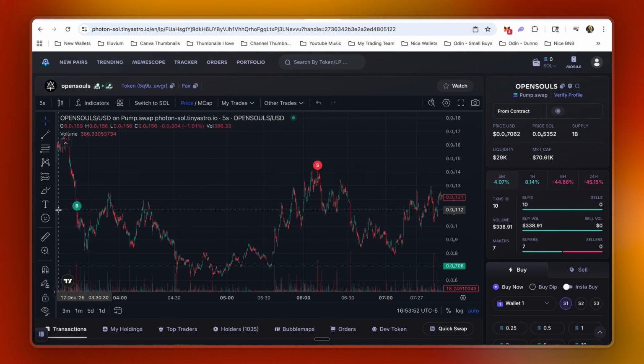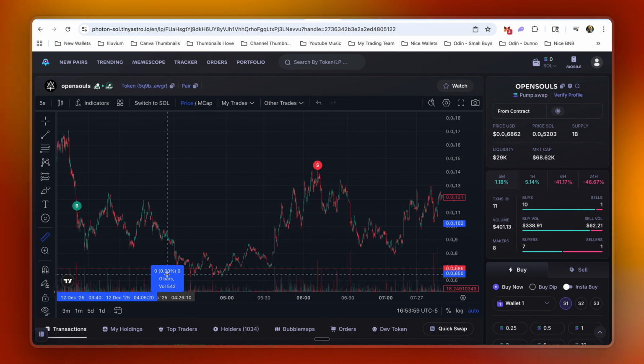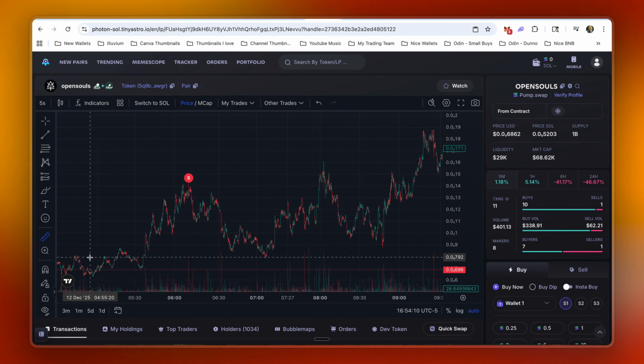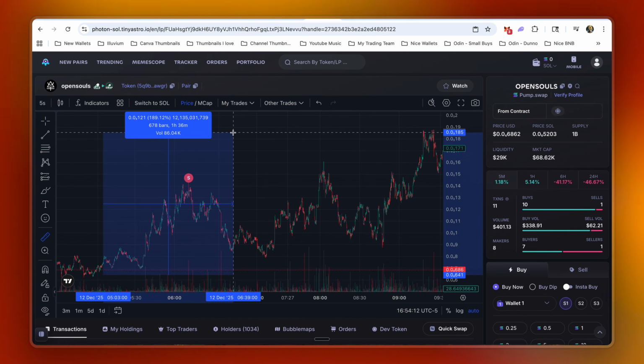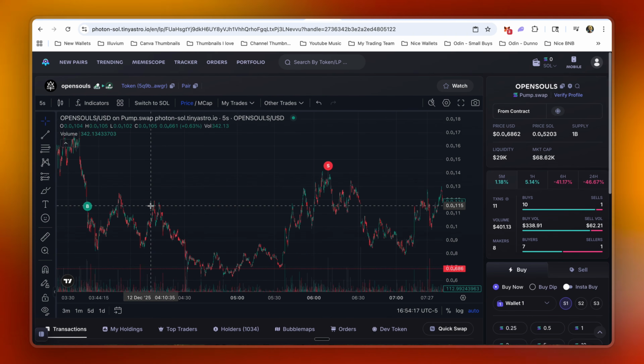trade. Because with this trade, entering on a nice dip here, let's say a 36% dip, selling when the trader sold would make you a nice 111%. That's fantastic. But if you utilized a take profit, you could have made 189%. Now, that's not to say that's going to be the fact every single time with trader, but you'll be able